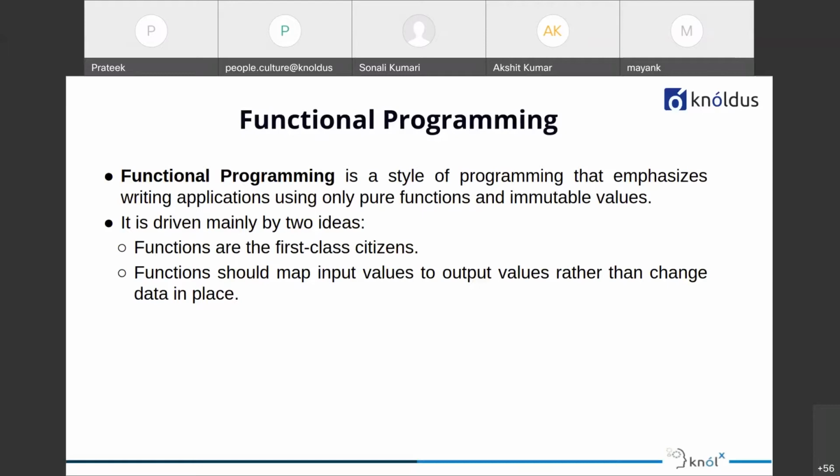So our next point is it is driven mainly by two ideas. Functional programming is based on two ideas. First one is functions are the first class citizens. So what does that mean?